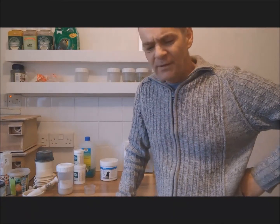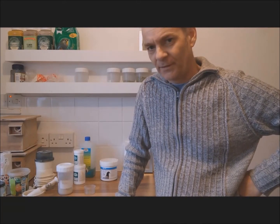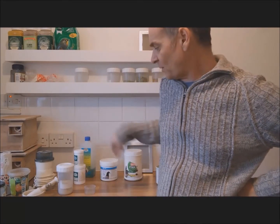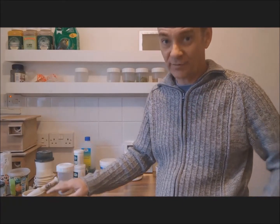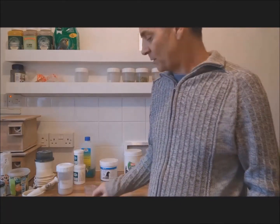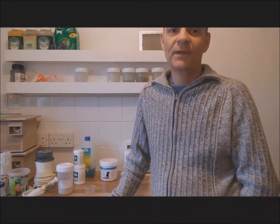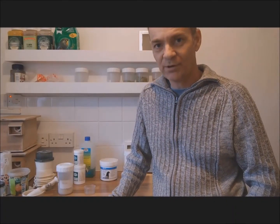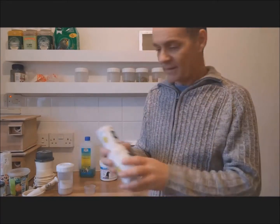Now, it depends really on what the problem is with your bird. You're thinking, well, you don't need all of this in one go to make your hand-rearing food. Now, you're probably thinking, well, that's a lot of stuff. But it depends really on your application. If you're treating a sick bird, depending on what's wrong with the bird, I mean, you may need to use